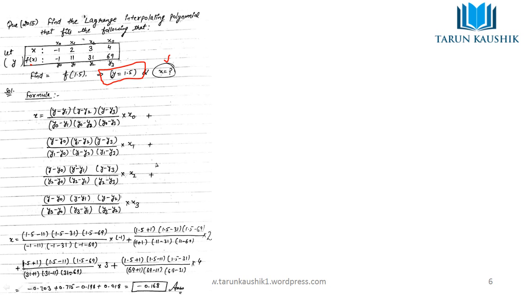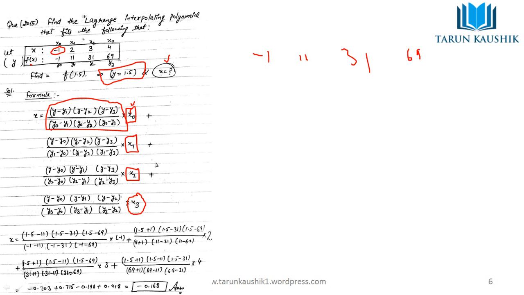You can see over here x naught, x1, x2, x3. So you just put these values in this. You are required to put this value over here only. There is no other benefit of this value. So you have to multiply by these values to this product. Okay, so what is this product? You can see over here, this is 1, this is 11, this is 31, this is 69.